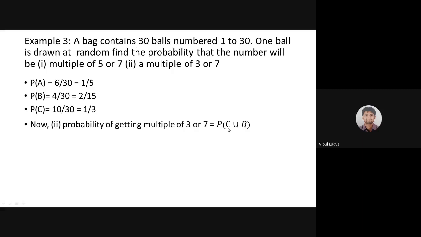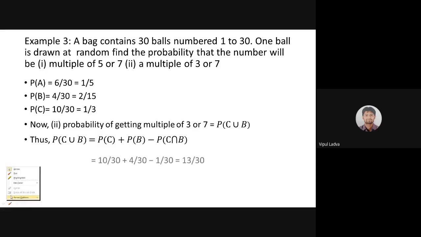So we are looking for C union B, and as per our formula, P of C union B is P of C plus P of B minus P of C intersection B. Now here, C intersection B is not a null set. It is having some of the element in that. That is just a single element, 21. 21 is a multiple of 3 as well as 7. So that particular event C intersection B,